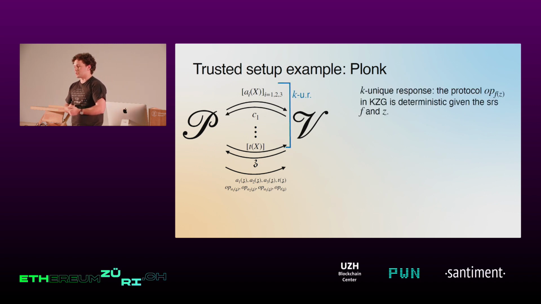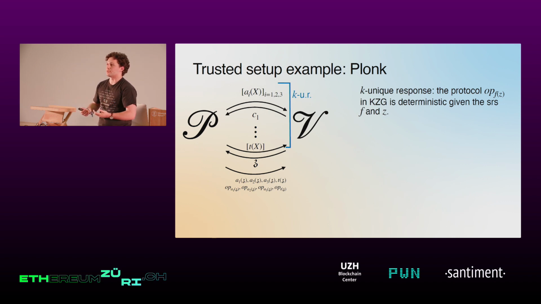So why is that a unique response? The point is that once you've chosen the reference string, once you've chosen a polynomial and an evaluation point, the KZG opening scheme is completely deterministic. You cannot do anything else. So once you've chosen all the messages up until the point where the evaluation point is chosen, you cannot have two different accepting transcripts. They will be the same after that. This is essentially given for free by the evaluation binding property of the KZG commitment scheme.